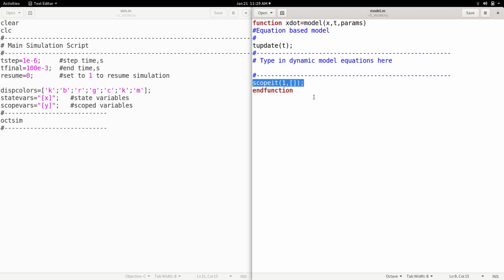So scope it is just like a probe scope, and you can probe at any number of variables within the file, and you will be displayed the appropriate waveform for that variable. So it is like this, scope it, and then within this array you can give a list of variables. For example, some vs comma v0, something like that one. So this is the